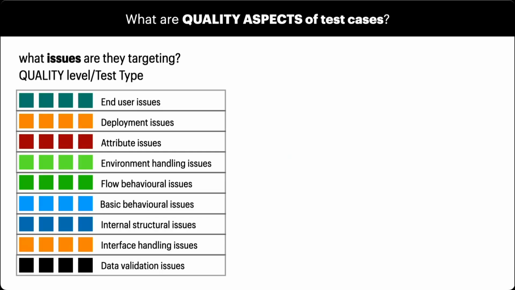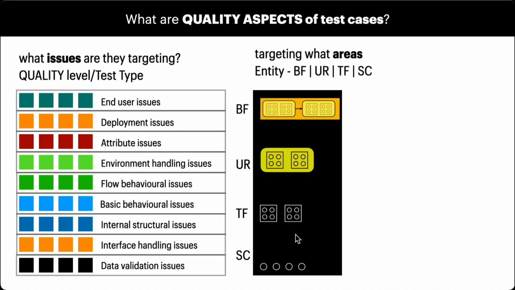So if I were to take it further and expand upon these 3 things that we talked about, potency, one part of the potency would be to say, do you know what issues you are targeting, based on the highest quality levels? Do you know what areas you're targeting? Are you targeting a building block or a structural component, which I call SC? So that means if I'm going to test something, and if I'm trying to find out if the button is positioned properly, or if the API's value, the parameter, is within bounds, those are all very basic-level implementation-related issues, right? So which means you're trying to target a building block error.